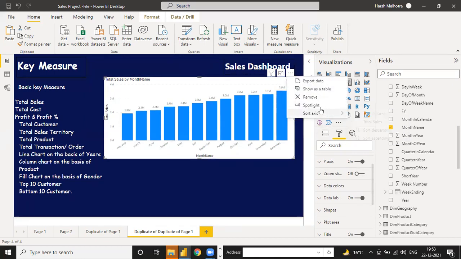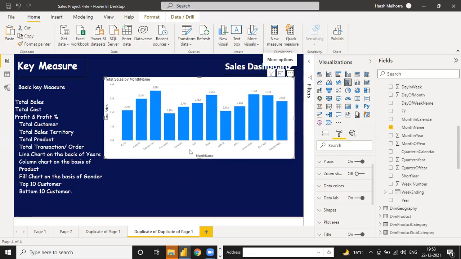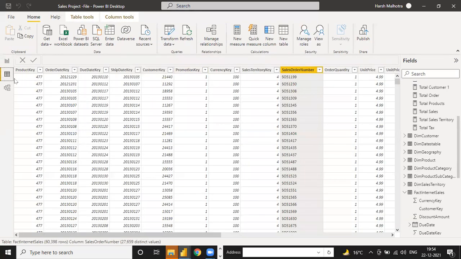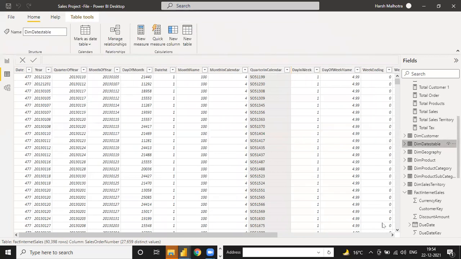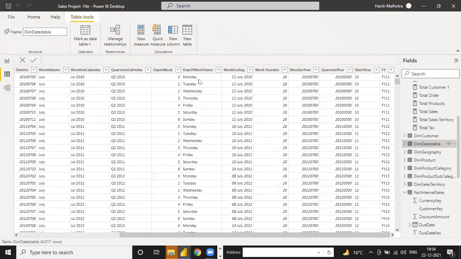Okay, this one is ascending on the month name. Maybe it's working now. Okay, it is also not working because it is alphabetical order. So you can go to this table. There is a date table, guys. Click on this, and here you are using this month column. Where is it?